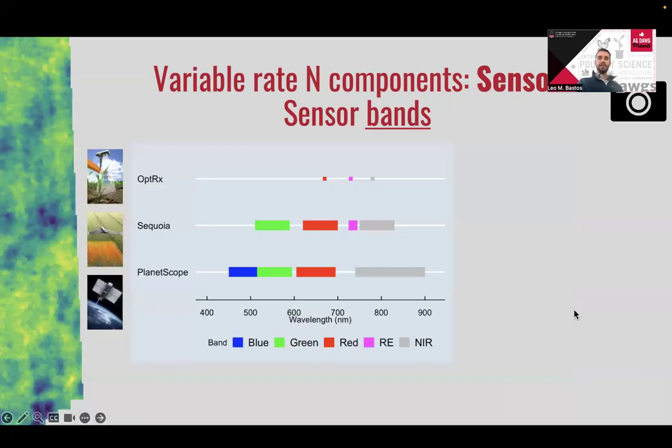Something to keep in mind is that different sensors have different sensor bands. So here, just to give you an example of those 3 cases, Optrix is the commercial name of the active sensor that can be mounted on a sprayer or on a boom and already apply variable rate nitrogen on the go. So it has 3 bands. We have Sequoia, which is a multispectral sensor that mounts on a drone called EB. And here we see the bands that it has. So it has a green, red edge, and infrared, and how much of the spectrum is being averaged and considered